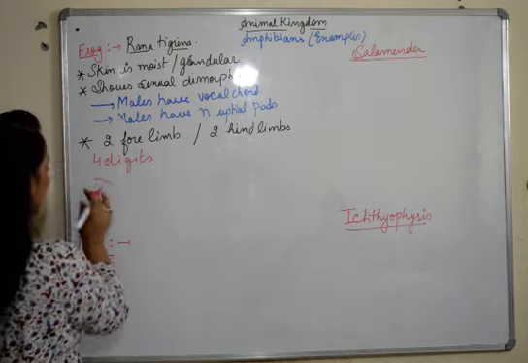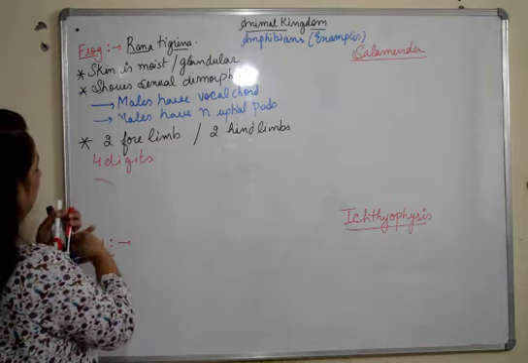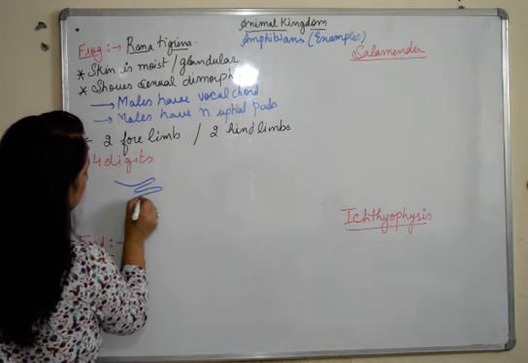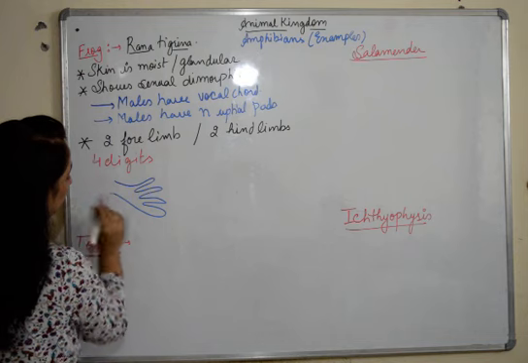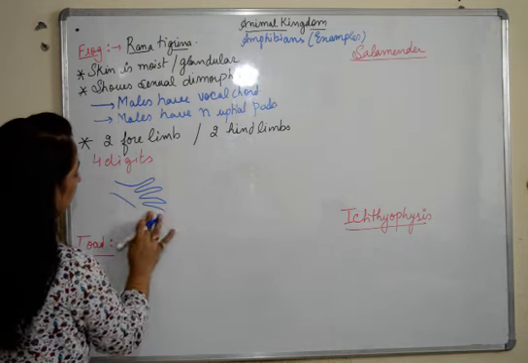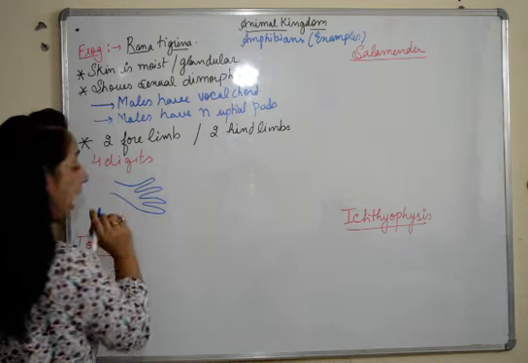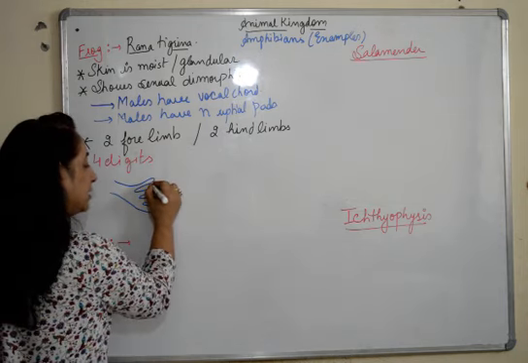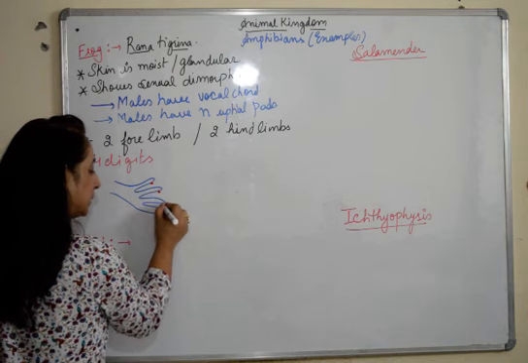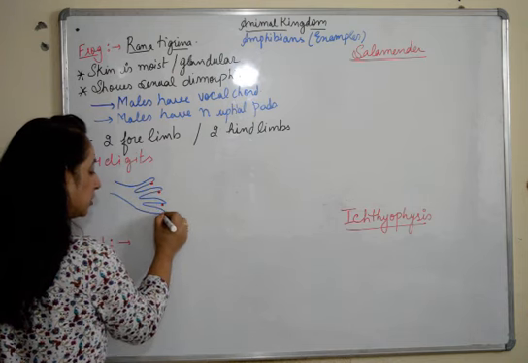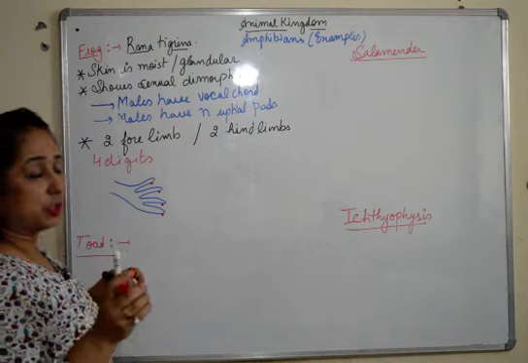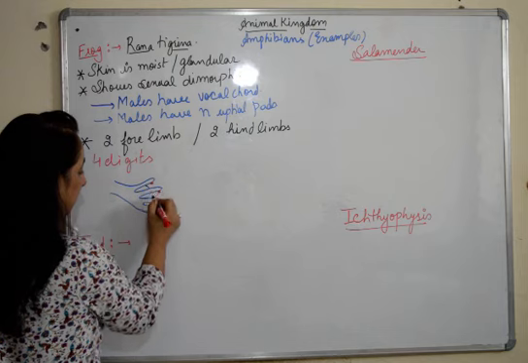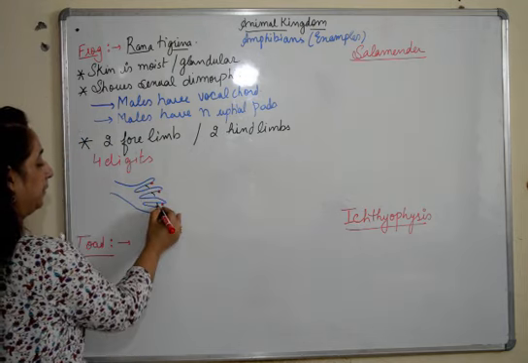If I would make the diagram here, so they have these 1, 2, 3 and 4 digits. It's quite thick. So they have 4 digits, and I told you they have nuptial pads. So they have these nuptial pads here just for clasping the female while the process of fertilization, or you can say sexual reproduction, is taking place. And they have these webs present here. The feet are webbed.